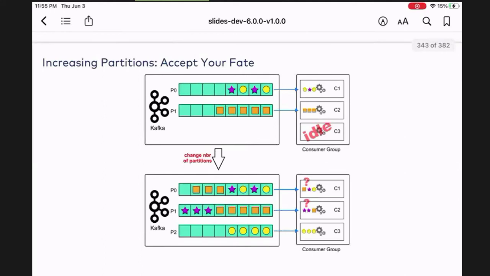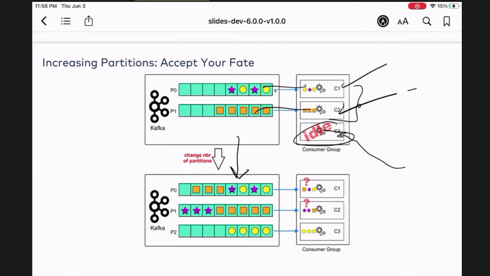So this is where we're talking about this right here. I have 2 partitions. I can only have 2 consumers, 1, 2. 1 consumer to a partition. I cannot scale. If I add a 3rd consumer, it just does nothing. Then someone comes to go, hey, wait a second. I went to Kafka training and we need to increase the number of partitions so we can scale partitions for scalability. So yes, that's true.